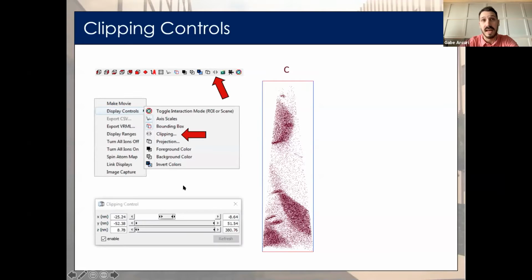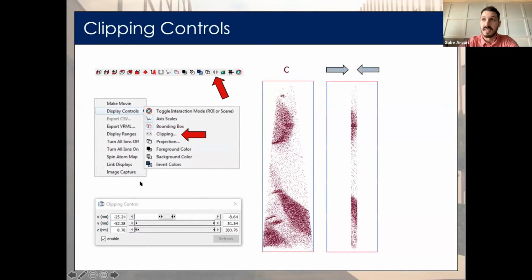Once we select that, it'll bring up this window where you can click and drag the sliders on either end in our X, Y, or Z axis to remove ions from your display. So for example, I've dragged the slider inwards in our X axis, and that's isolated a plane in my data set along that axis. Here the numbers are representing our thickness in nanometers.